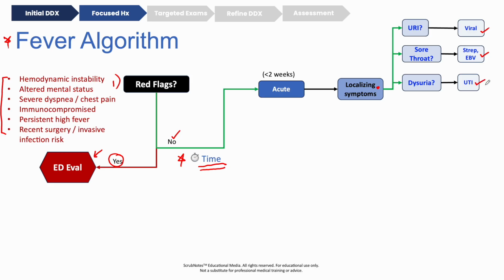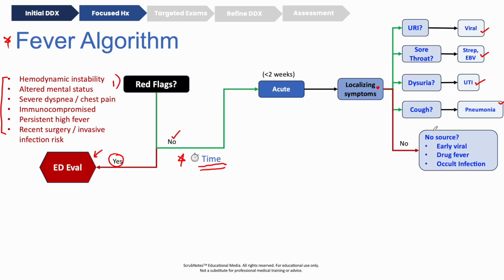If there's any dysuria present, that would be indicative of a UTI. If there's cough, that could be a pneumonia. And if none of these are true, then we want to ask about early viral exposure, drug fevers, or maybe even an occult infection. So if it's not acute, and it's more than 2 weeks, then we're going down the